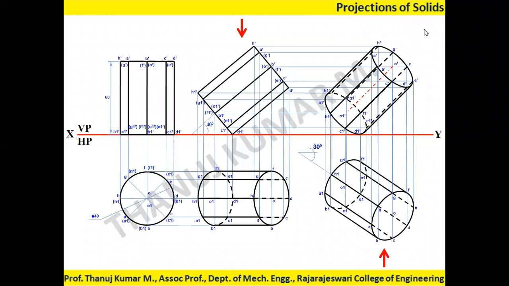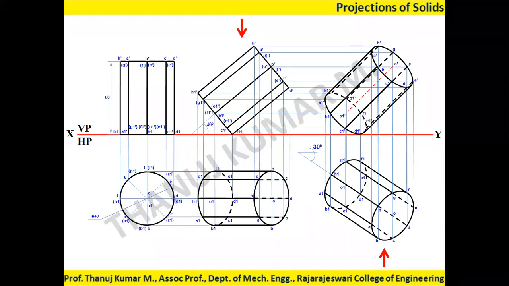So I request you people to practice the same problem with respect to pyramid also. Same base, base edge or base diameter of 40 mm, height of 60 mm, axis length with pyramid condition. If you practice it, you will understand. Okay, so that is how I'm completing two problems in one problem itself. Two problems in one solved problem. Cylinder I've explained. You need to draw the same thing with pyramids.